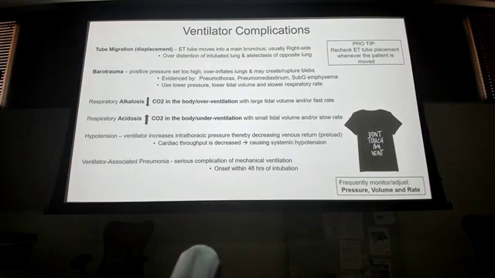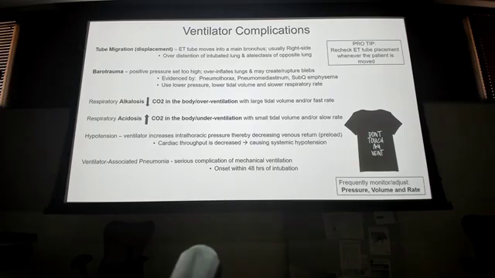Tube migration, right, main stem, we talked about that. How do you remember if that tube's going up? The hose follows the nose, right? So pro tip, recheck that every time you move a patient, right? Anytime you move a patient, what's the thing that we teach medics? Recheck all your interventions, right? Stuff likes to come loose. If they have a tourniquet on, you move the patient, recheck that tourniquet. If they have an IV, recheck it every time you move your patient.